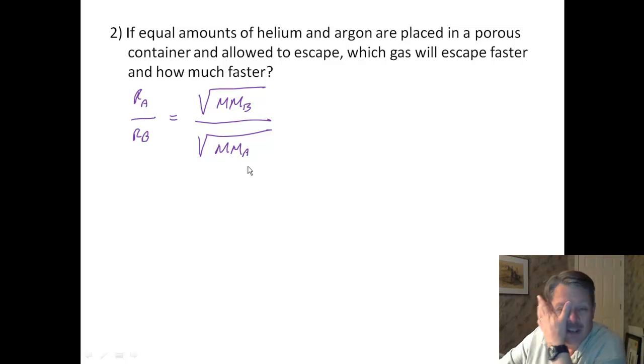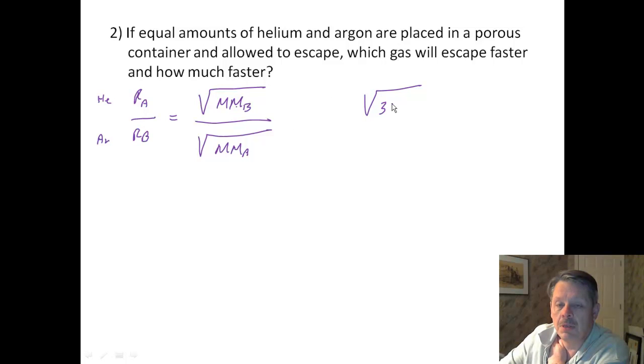Well, what do we know? We know helium. And what we're trying to do is, we assume that helium is going to be faster because it weighs less. So we're going to put helium up here and argon down here. So that means we need the molar mass of argon on top. So the square root of, let's say, argon